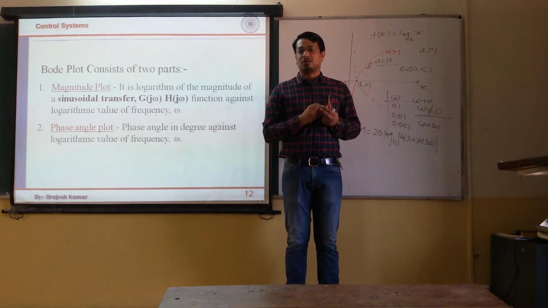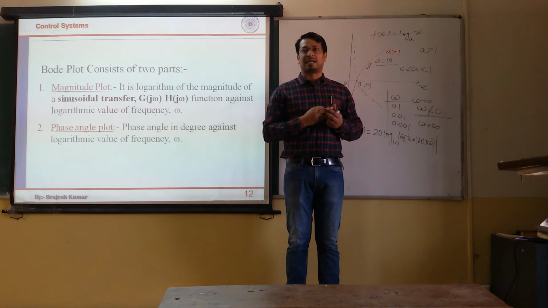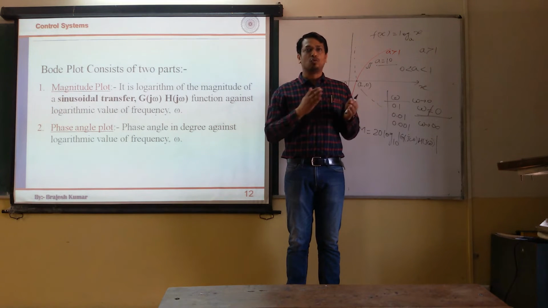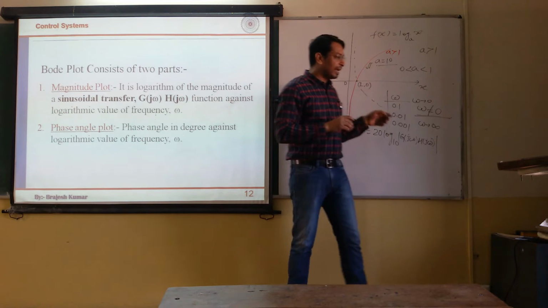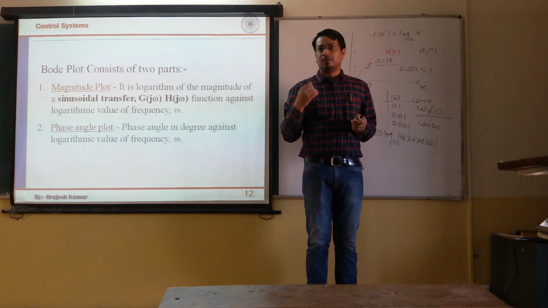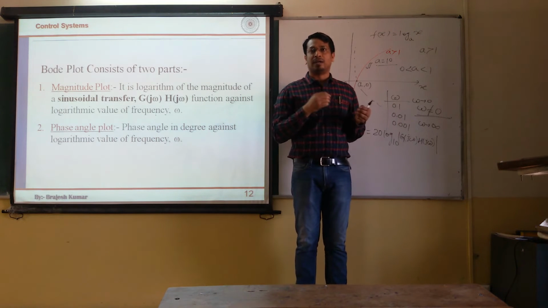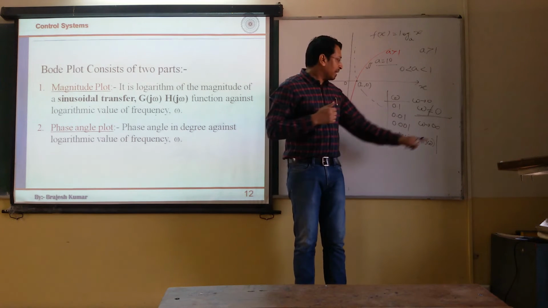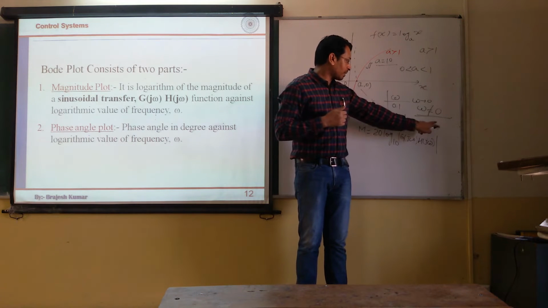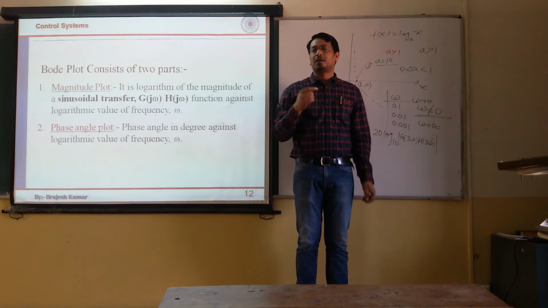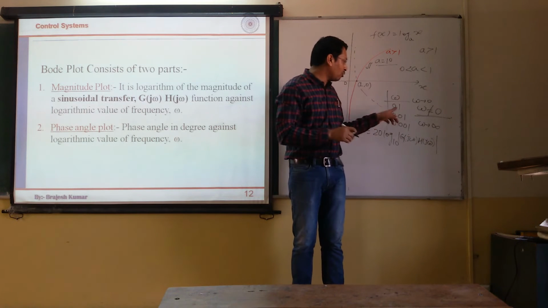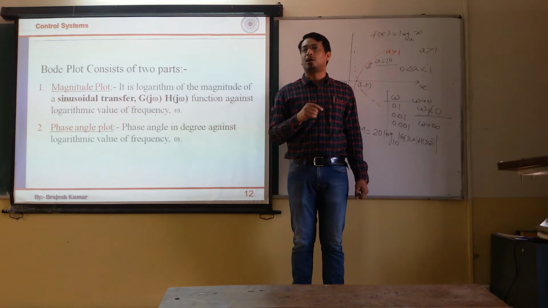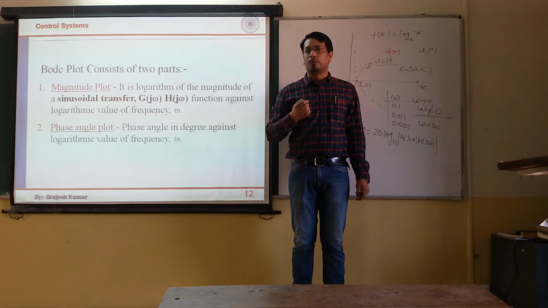Second is that it consists of two parts. One is the magnitude plot, second one is the phase plot. These two parts are plotted on the same graph paper, and then we will draw the conclusion of how relatively stable it is. So rather than taking the x-axis as log omega, you do not have to take the value of omega and each time calculate log of omega for tracing the Bode plot.